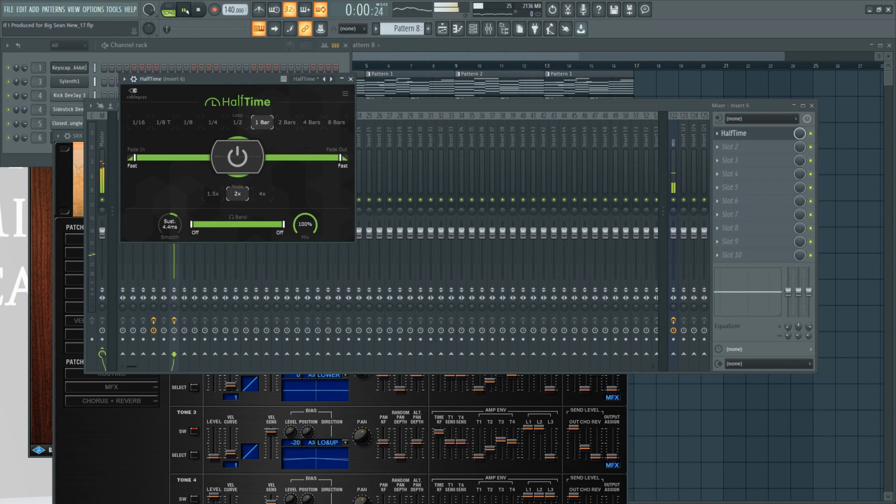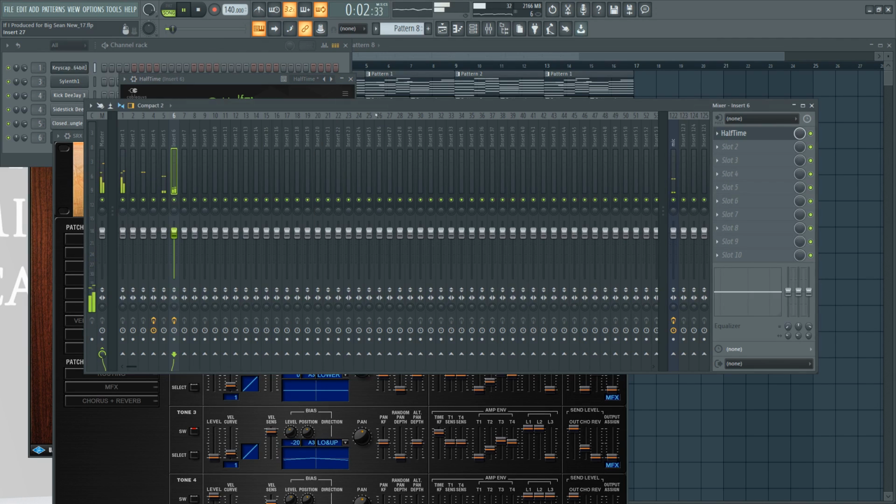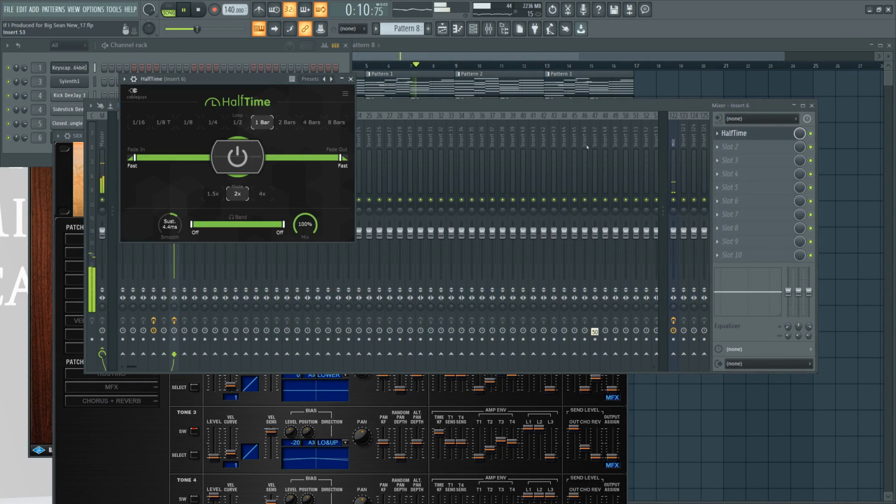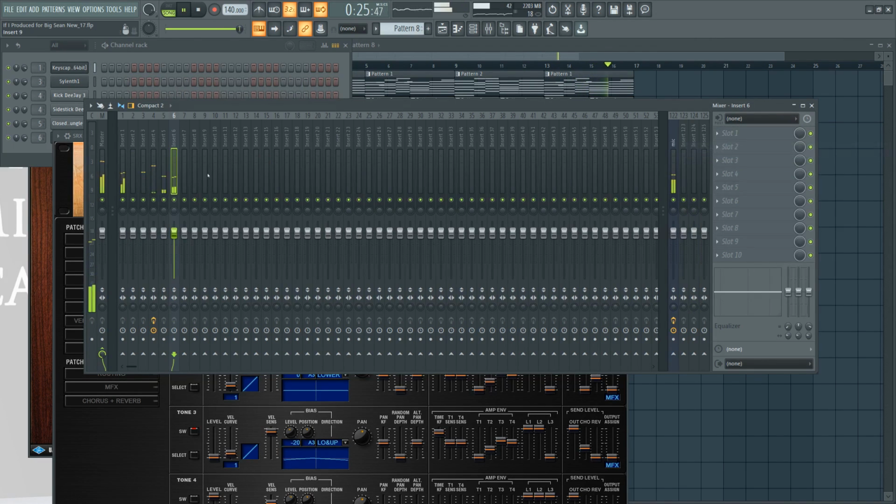Halftime in the mallet just to see what it sounds like. Now it sounds out of key. It's just the timing of it doesn't make halftime sound too good.